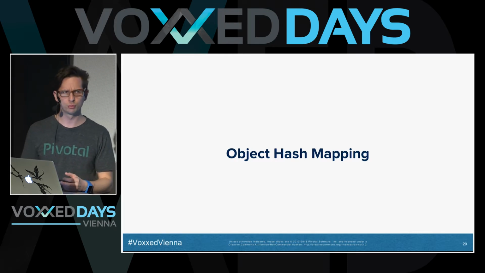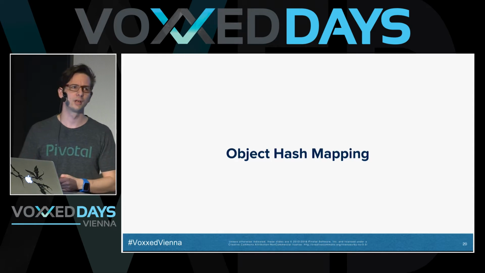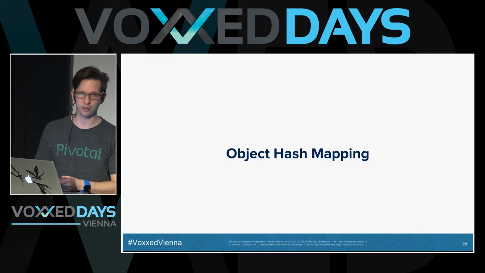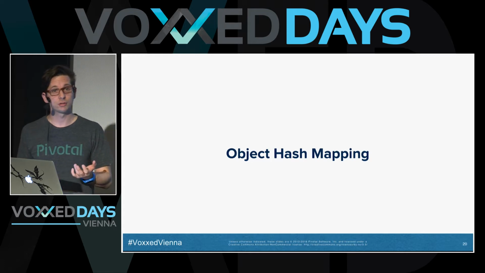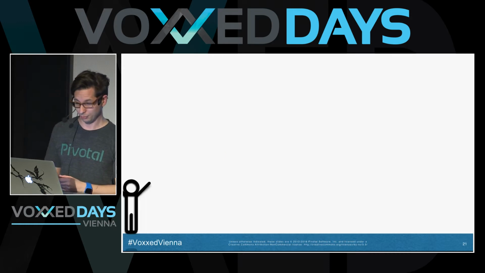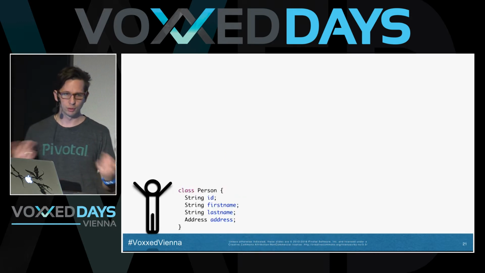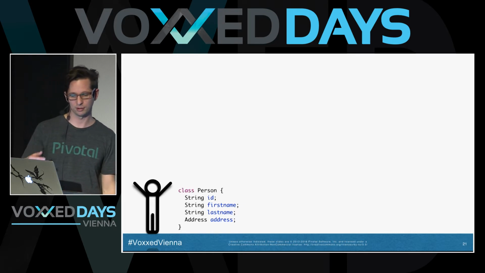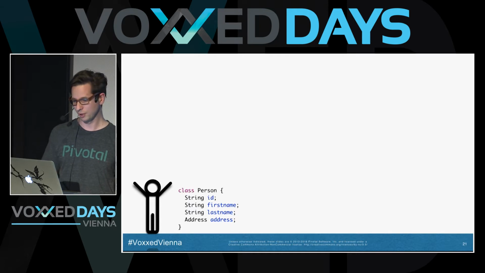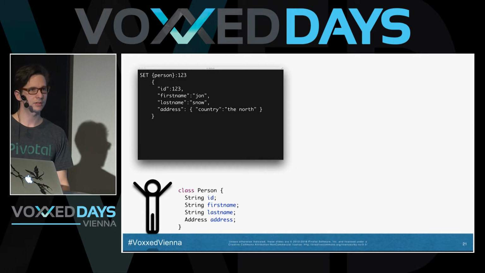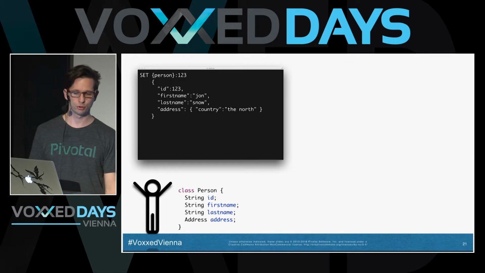This isn't really new. There have been projects in Ruby around for years by now, but we just recently picked those up and used them for later implementing Spring Data repositories on top of Redis, which you might already know from MongoDB and JPA. But we need object hash mapping for that, because normally we live in a rather complex world, not only having keys and values, but having, let's say, a person object that has a first name, last name, and a complex address within there. And when you want to store that inside of Redis, one approach you might choose